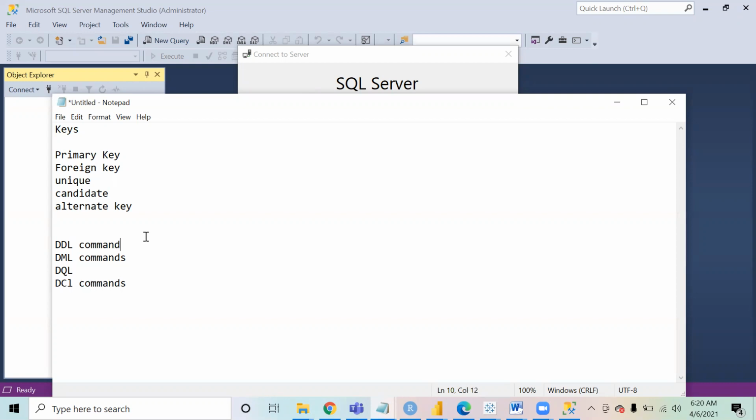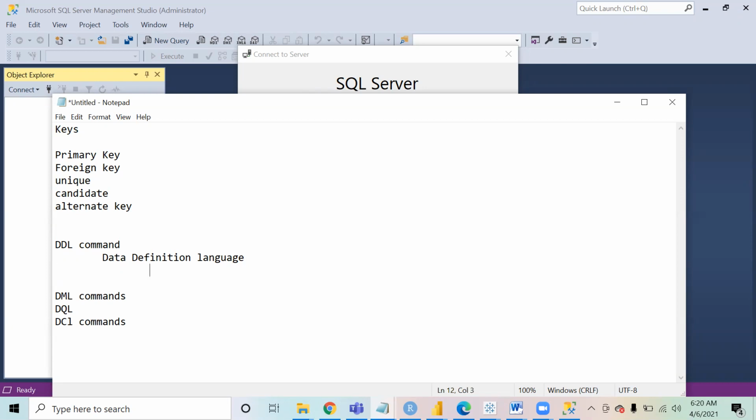DDL stands for data definition language. These are the commands that we use if we have to create any new object or modify an existing object in the database.